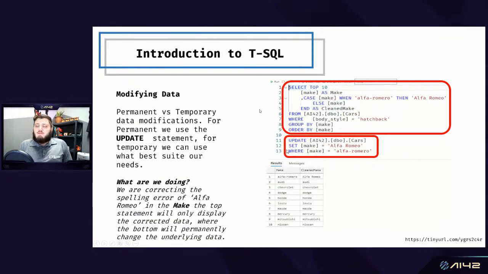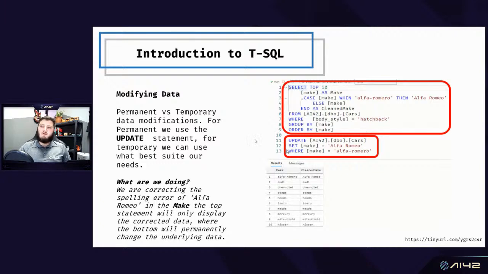So now we've grouped our data, we've looked at filtering it, ordering it, and restricting or filtering down the data only as we need it. Then we're going to go into modifying the data a little bit. There are two trains of thought you can follow here. One is if the data is yours and you want to permanently make the change to the data, you can go and write